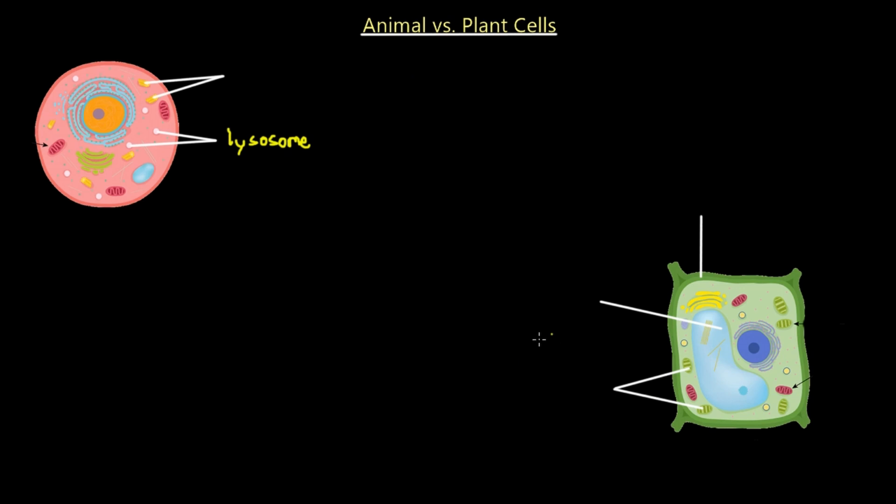Plant cells do not have lysosomes, and that's what really distinguishes an animal cell from a plant cell. The other structure would be these centrioles that also only exist in animal cells, and as I've mentioned previously, they help the cell in cell division. They assemble on each side of the cell and pull the cytoplasm apart,